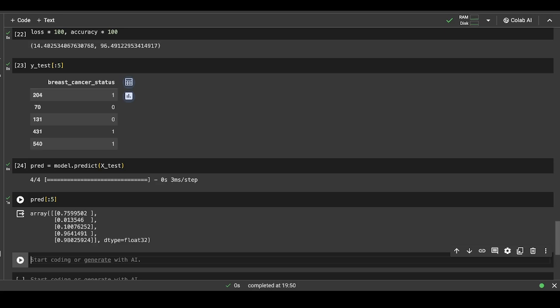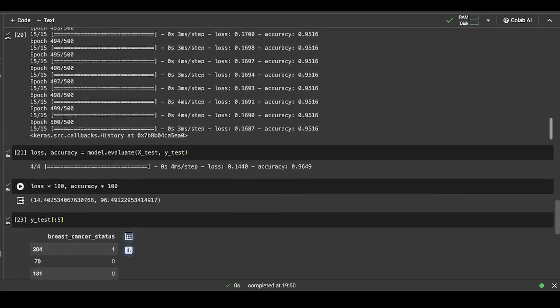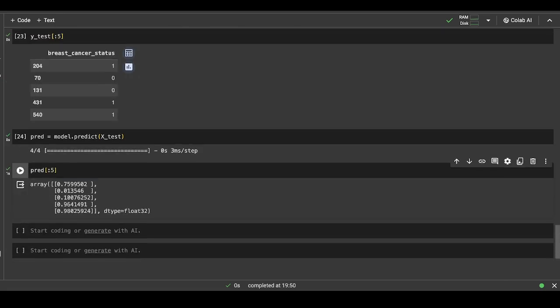So you can see that currently the values are in a probabilistic form, or you can say probabilities between 0 to 1, and that is because we are using the sigmoid activation function. As we have binary classification, we have used the sigmoid activation function, which generally gives you a value between 0 to 1. If you want the value to be perfectly either 0 or 1, then you can go for the binary step function as well.